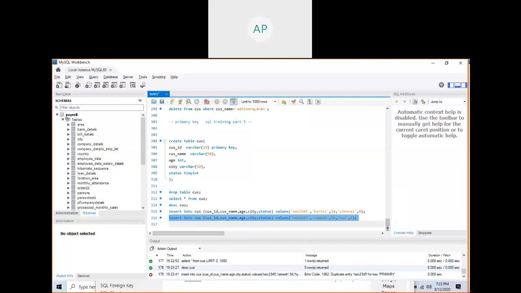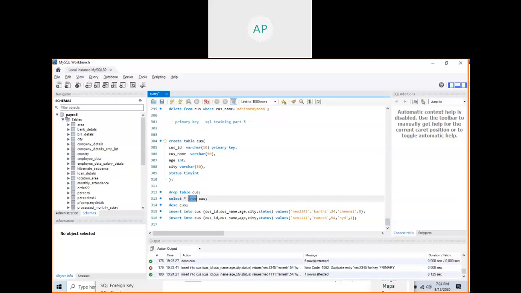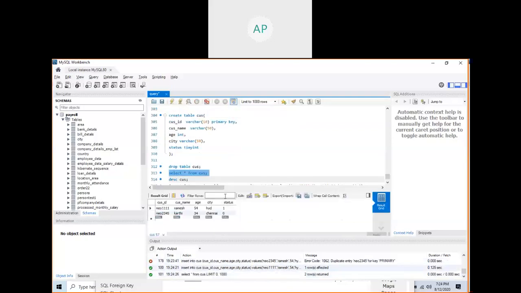So now your table will not contain duplicate values in this column. But the other columns can have duplicate values according to the table you created. According to the table you created, this column cannot contain duplicate values. See, for example, if I make a change here, okay, now if I enter, it will allow. See here, this is created. Select star from.